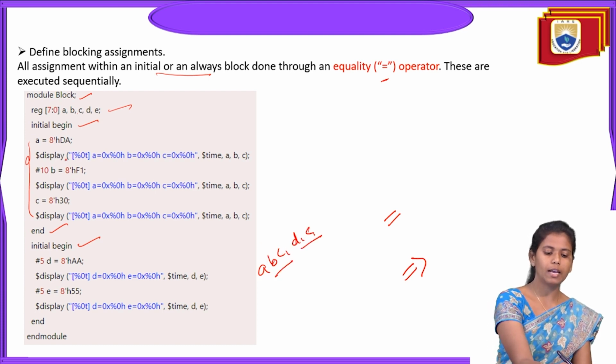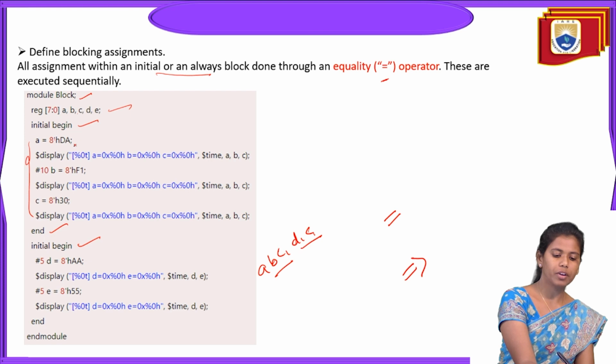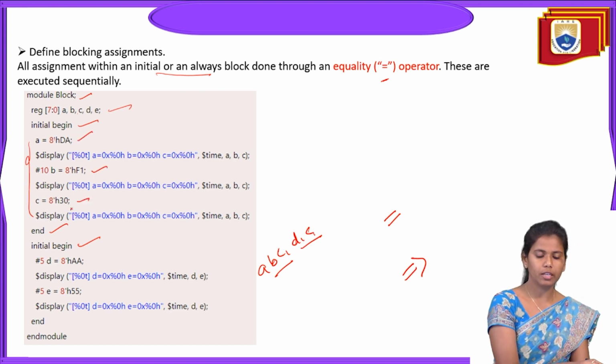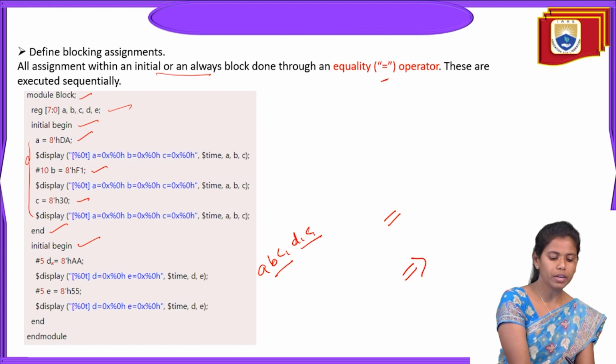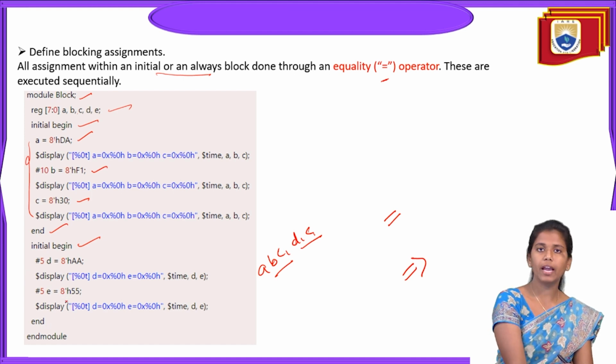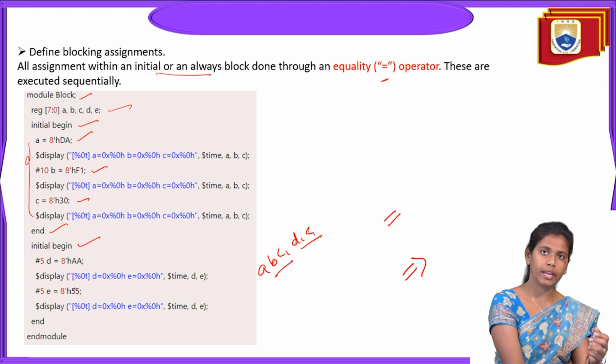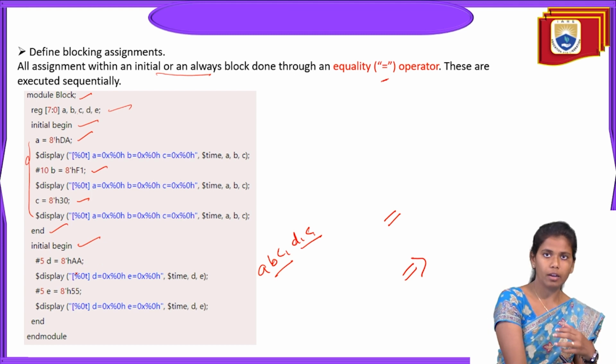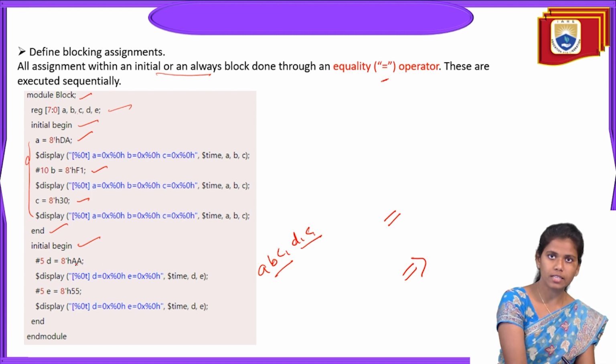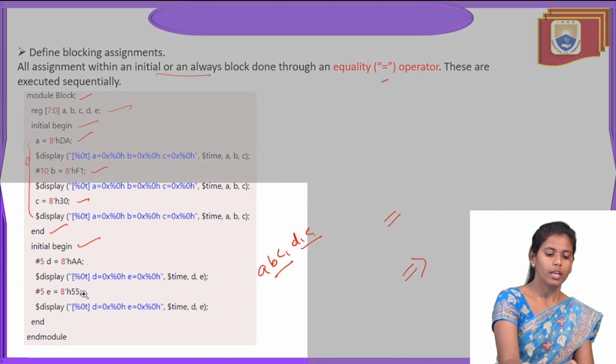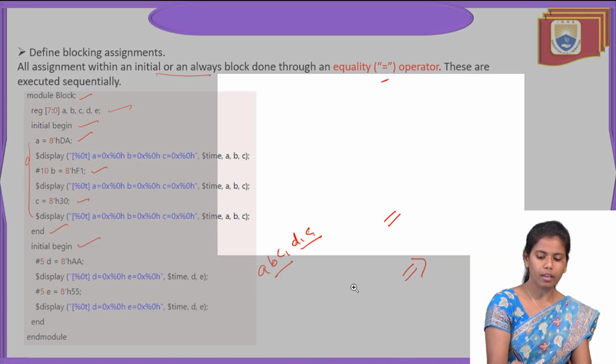So A, B, C, I'm just representing with different values. C, A, F, and H30, right? And now what I'm doing is, for D and E, I'm representing the 8-bit values, with nanosecond delays, as 8-bit hexadecimal numbers AA and 55, and end module. So in all these things, if you observe clearly,